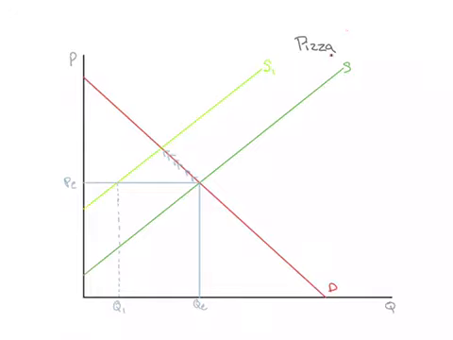Okay, so we're still here in the market for pizza, and this time we're looking at the supply curve shifting to the left. There's any number of reasons why the supply curve might shift left. In this case, let's just say the cost of cheese increased, and because cheese is a factor of production,